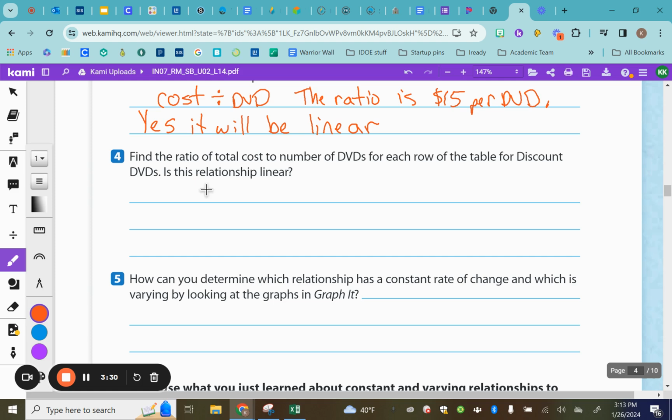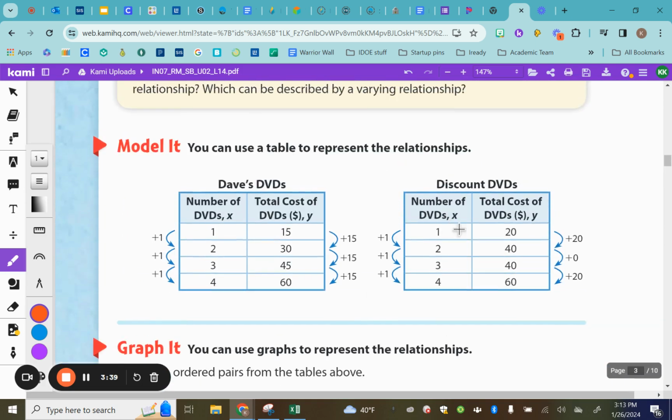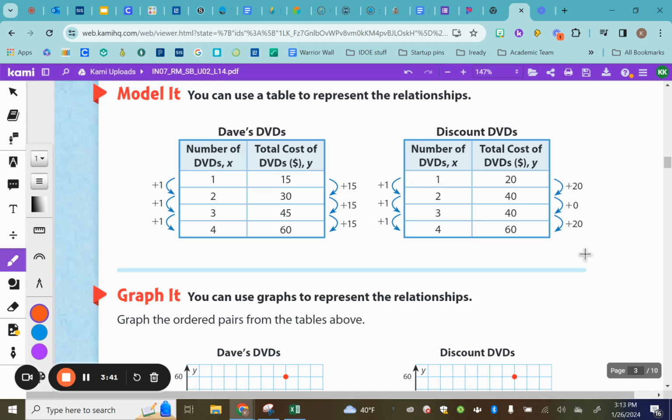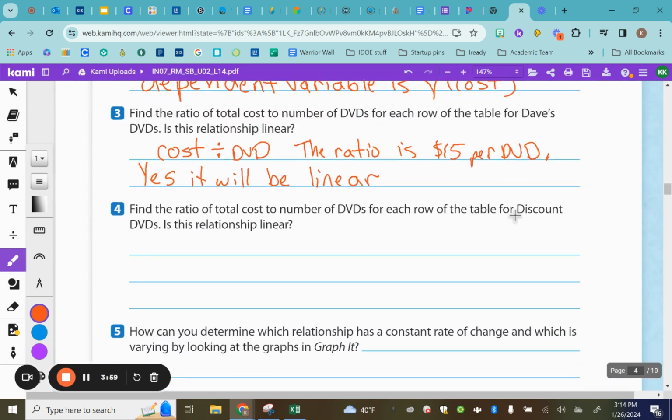Now, number 4 says, find the ratio of the total cost to the number of DVDs for each row in the table for Discount DVDs. Is this one linear? This one would not be linear because we would do 20 divided by 1, which is 20, and 40 divided by 2, which is also 20. But then 40 divided by 3 is not 20 anymore. And 60 divided by 4 is not 20. So is the relationship linear? No,